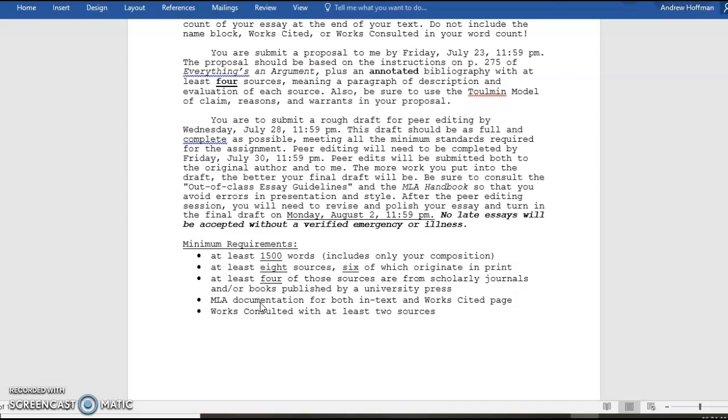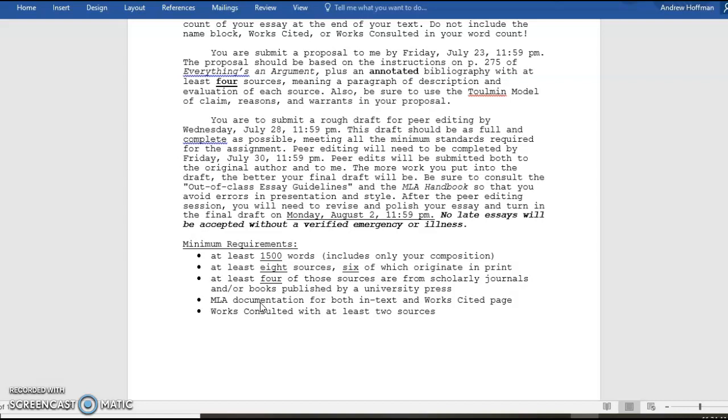Use our databases to help you out. At least 4 of these sources are from journals or books or dissertations. I don't have that listed, but dissertations would count as well. Okay, so we upped our ante, right? I'm sorry, the last time we did this, we didn't have to have any. The definition paper didn't require any scholarly work, but now we're back to requiring scholarly work again, just like we did in the fact paper.